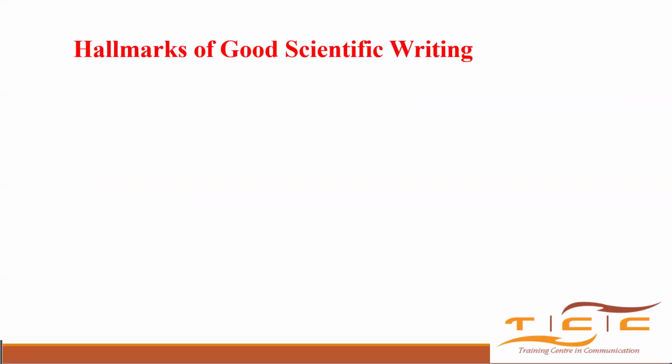And then, what are the hallmarks of good scientific writing? What is it that you want to see in a paper and say, this one was a good one? Maybe anybody can unmute and tell us, or you can write in the chat. What are the hallmarks of good scientific writing? Again, these are opinions. There's nothing like right and wrong. It's my opinion. So if you don't like it, then you can also type your opinion. So what do you think is a hallmark?